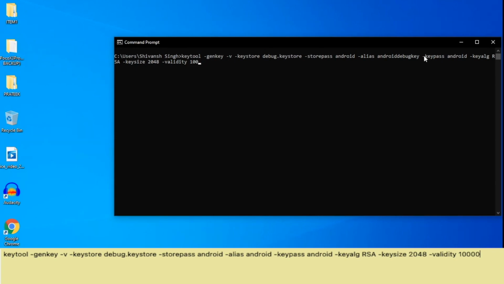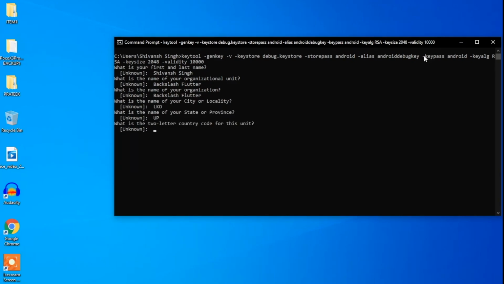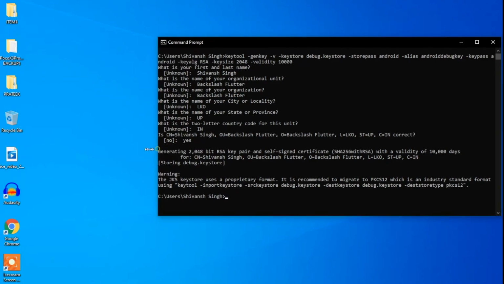Now after we enter that command, we are asked to enter all these details. So here you have to enter your name, your city and your country code. And now this will generate a debug.keystore file in your current directory.